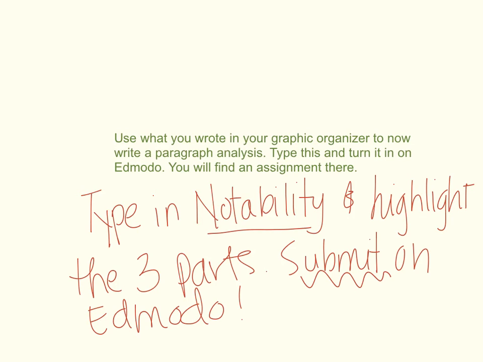Please feel free to add in your own ideas and words and thoughts, your own flavor to the analysis if you'd like, if you feel comfortable doing that as you rewrite it. If you don't, you can stay as close to what I've modeled and the sentence stems that I gave you as you need to in order to feel successful. Then we'll be able to take a look at your analysis together when I'm back in class with you this week. Good luck!